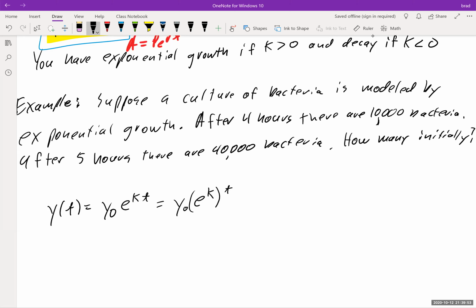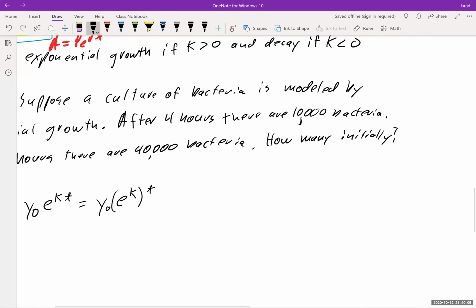And I see a typo in my notes actually. I think my notes say after 3 hours, there are 10,000. Yeah, let's change this to 3, because otherwise if I try to do it for 4, I'll think I got the wrong answer. So after 3 hours,